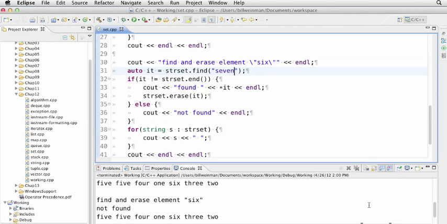So sets are useful in cases where you need an ordered set of objects that you can search, but you don't need random access. Use multiset if you need duplicates. Now let's